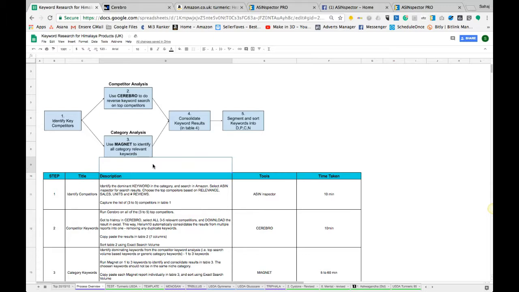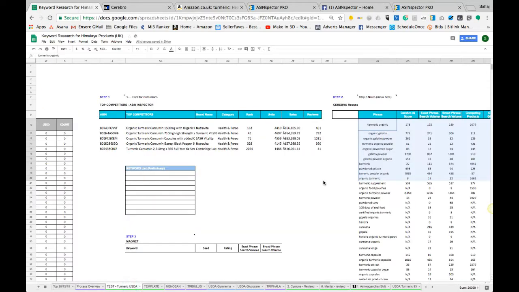to dive into the category to see what else they are using. Because if they're looking for blood sugar level, for example, if they're concerned about testing their sugar levels, they probably want one of our supplements with gymnema or glucocare to help maintain that sugar level in the future. So with Magnet, what we need to do here is understand what turmeric,